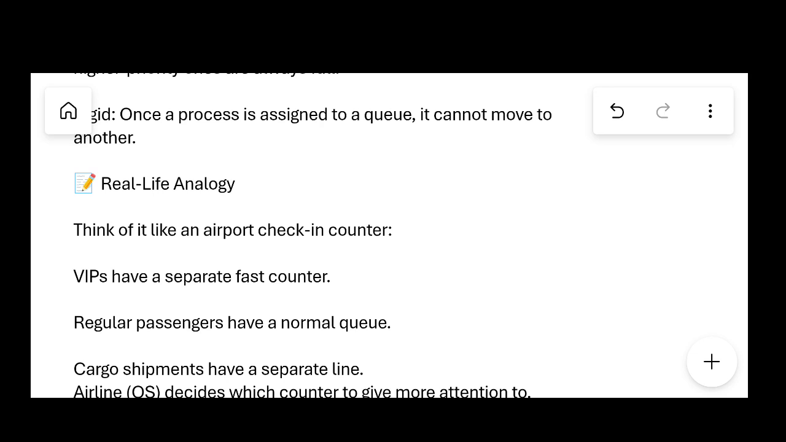Think of an airport check-in counter. VIP passengers have a dedicated fast counter, regular passengers have the normal counter, and cargo shipments have their own counter. So basically, the airline decides which counter gets more attention based on priority, just like how the operating system handles